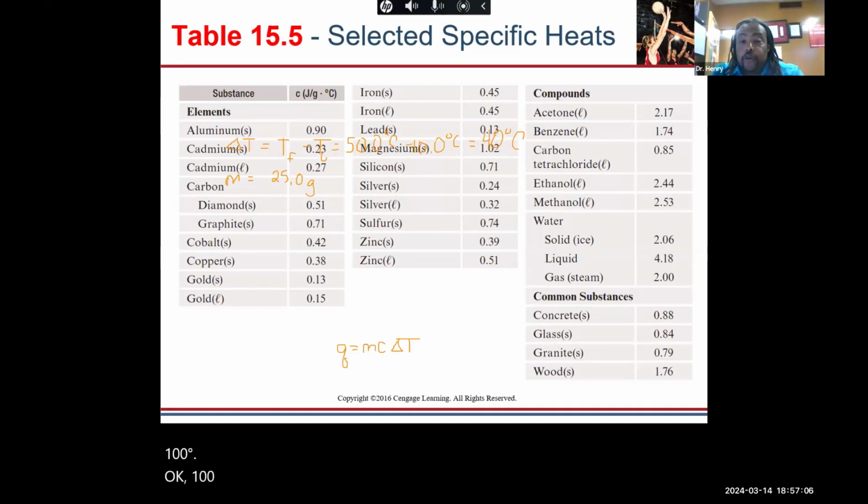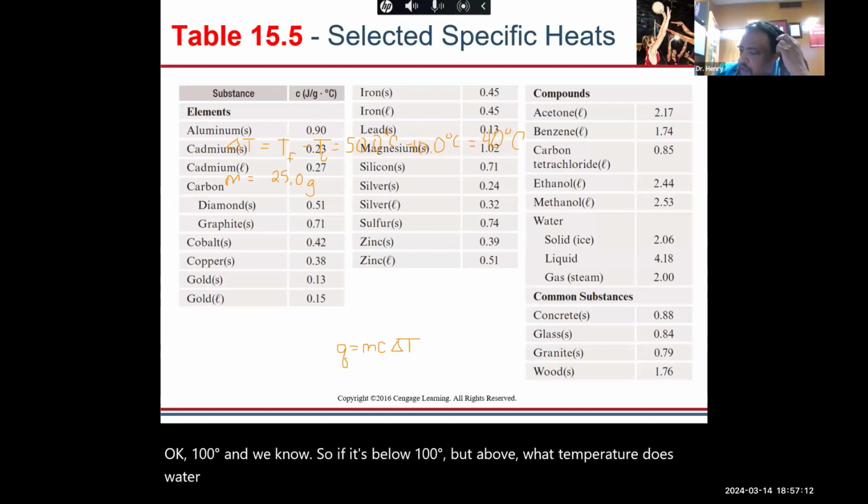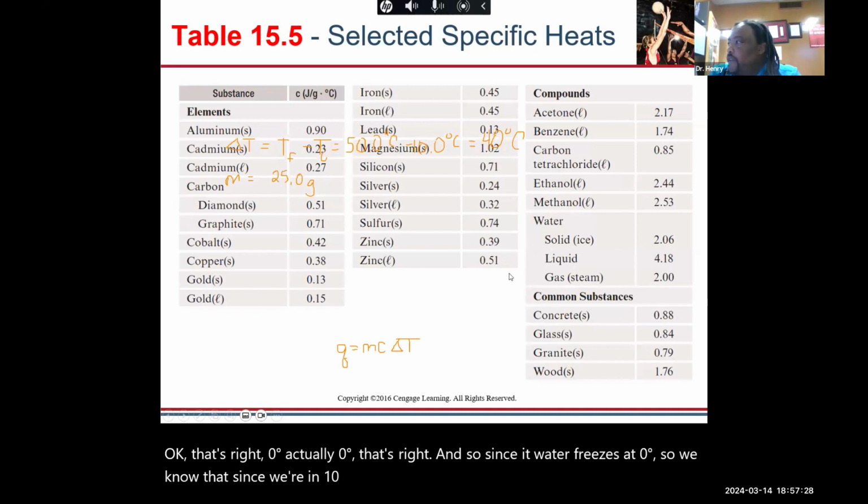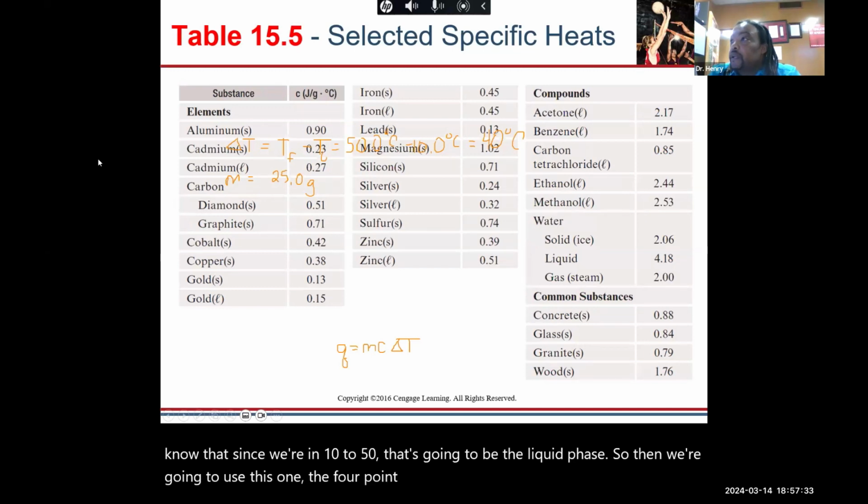So if it's below 100 degrees, but above, what temperature does water freeze? 0 degrees, that's right. And since water freezes at 0 degrees, we know that since we're in 10 to 50, that's going to be the liquid phase. So then we're going to use this 4.18